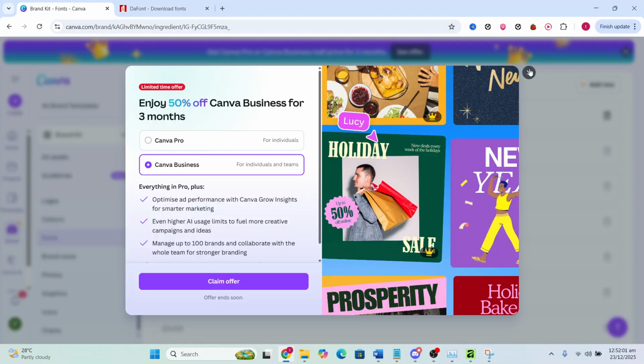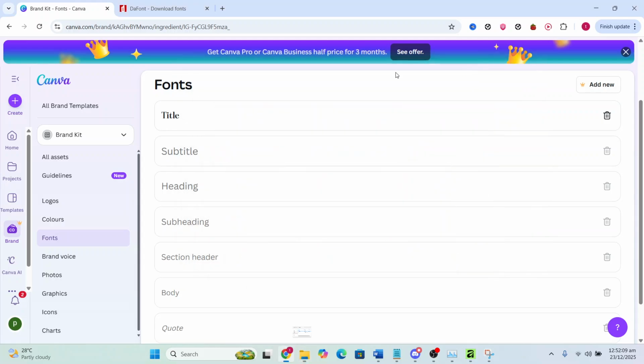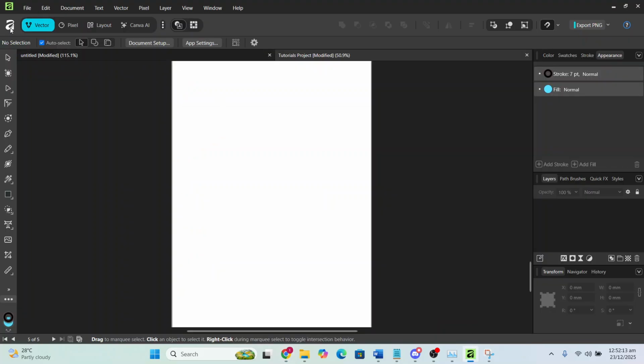Then you just go ahead and drag and drop the font here. It just needs to be in this file format, the open type font file. And then you just go ahead and bring it here. And once it is here, since it is connected to your Canva account with Affinity and you're logged in here,